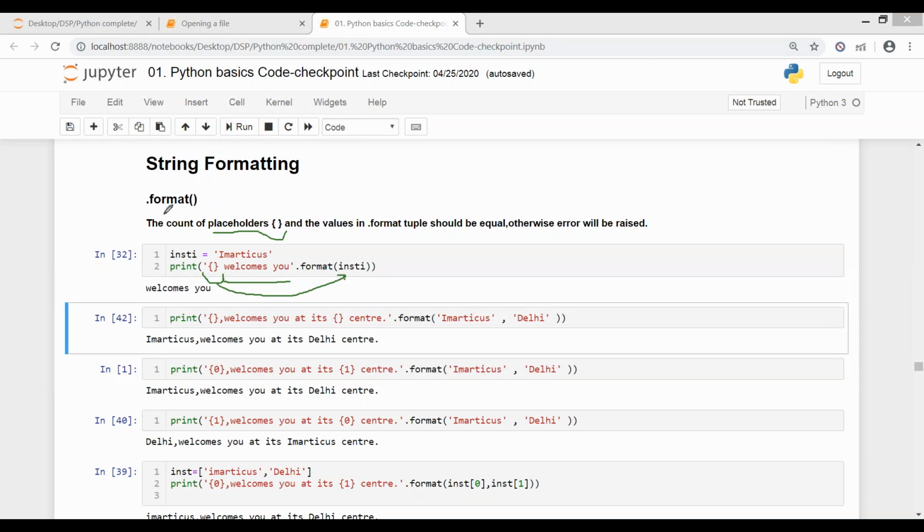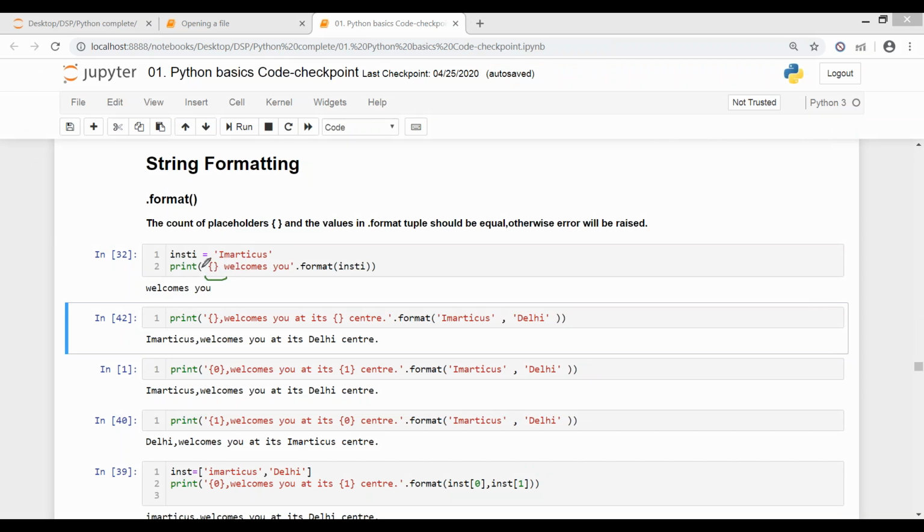So this is string formatting. It is used similar to print, but it is very different. When you go to the internet and look for commands or code, you will see such kind of things written. So these curly braces are called placeholders.